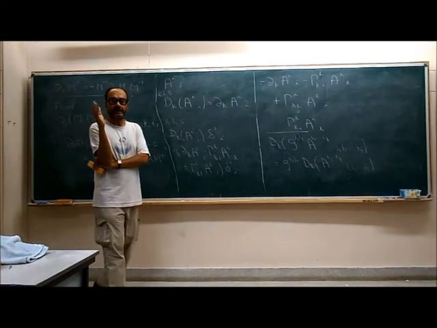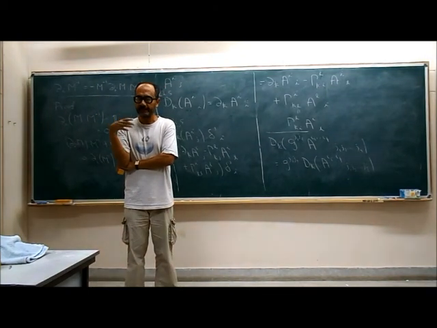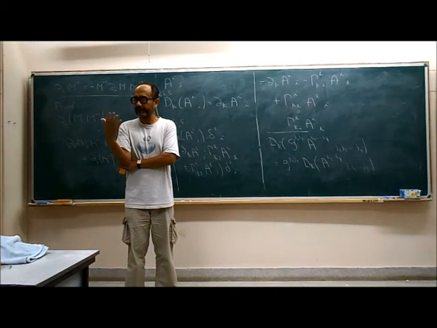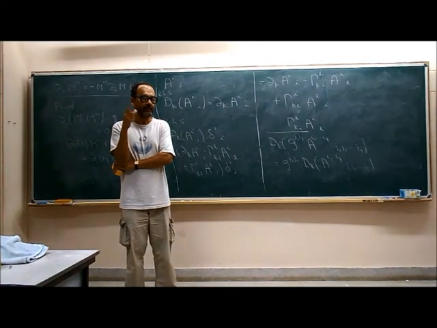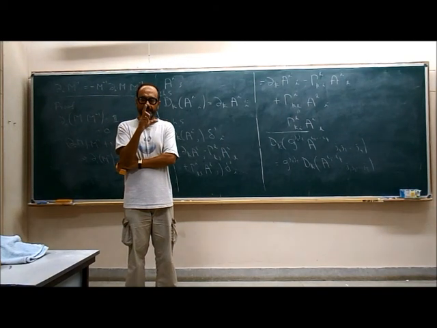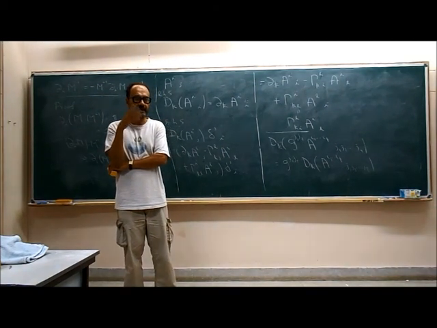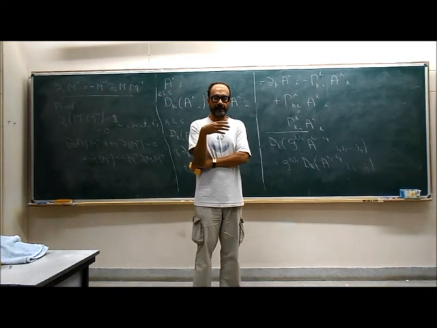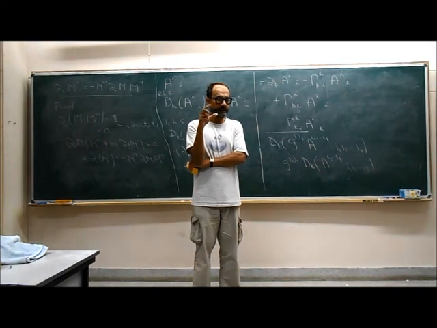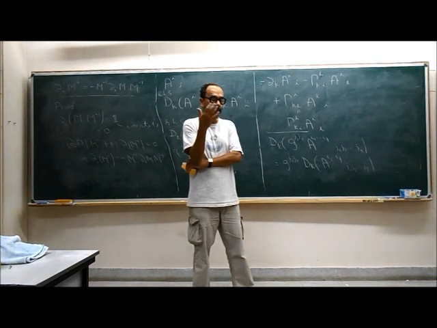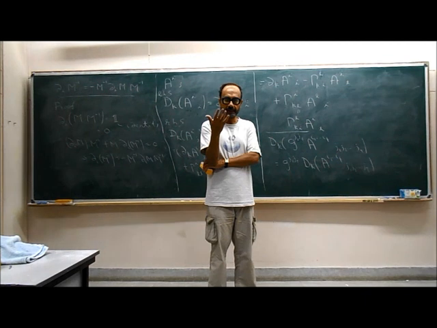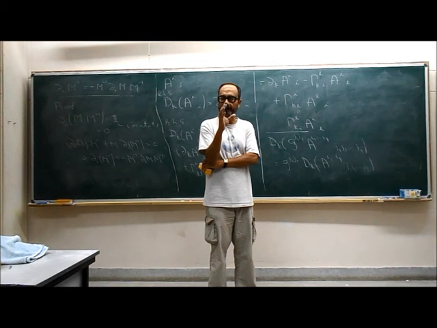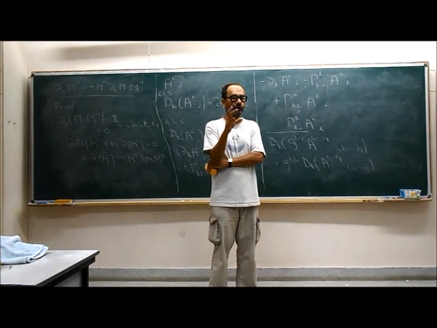A geodesic will essentially be a generalization of the notion of a straight line. In flat Euclidean space that you are familiar with, a straight line you define as the shortest path between 2 points. Given 2 points, draw the shortest path, and that's described as a straight line. The analog in Riemannian geometry is that if you take 2 points, you draw not necessarily the shortest path, but often it can be a shortest path, you draw what is called the extremal path between 2 points. To first order you can think of it as the shortest path between 2 points in a Riemannian geometry. That is what we will call a geodesic.